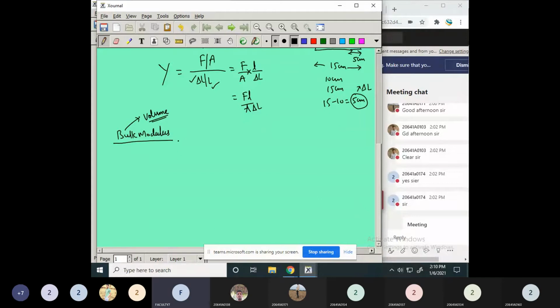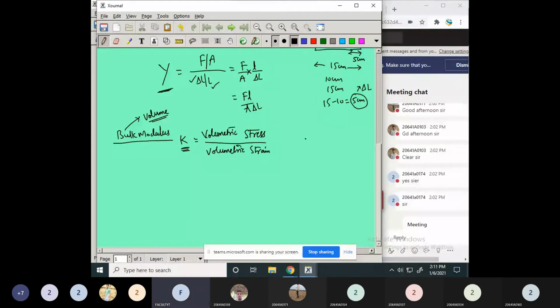Now here we are going to denote this as K. Young's modulus is Y, so we are now going to indicate this as K. So this is given as stress here. What type of stress are you going to apply? It is volumetric stress. Volumetric stress. And what happens to the strain? The stress is volumetric, so here the strain is also volumetric. Volumetric strain.